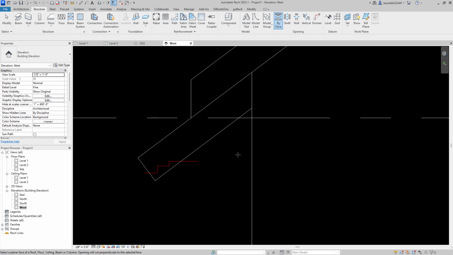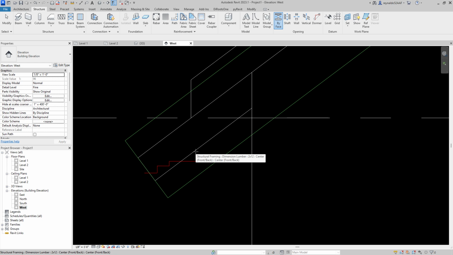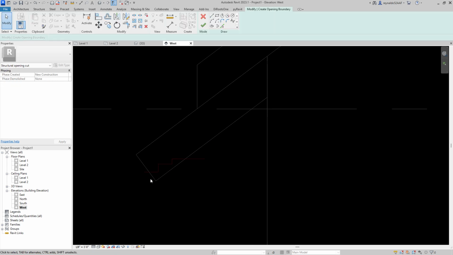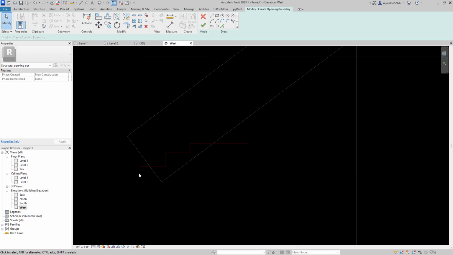Once you click on it, it's going to ask you to click on the face that you'll be making a perpendicular cut to. So this is the face that we're going to generate it at, and you'll start seeing these green lines just to make sure that's the face you want to create your cut. Just left click on it, and once you do that, it's going to ask you to start sketching. Since I already created some red lines for my sketch, I'm going to use the pick lines so that it picks those exact lines